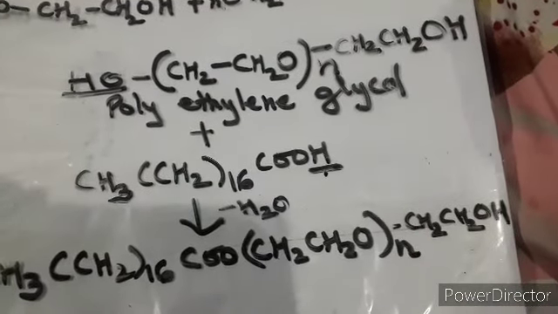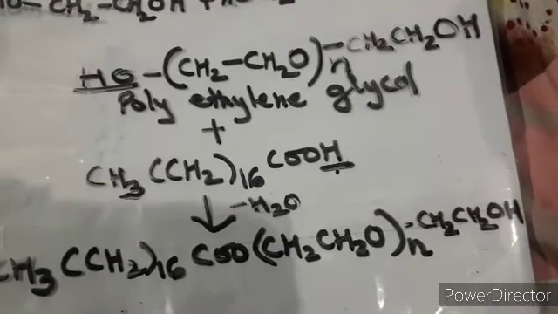Now this portion is already removed, right? So what has been there, this is CH2 CH2O bracket close, whole N, then the next part is CH2 CH2OH. So this way you can have a look at it, and you can understand the reaction also, how the reactions take place. I think this must be clear to you.